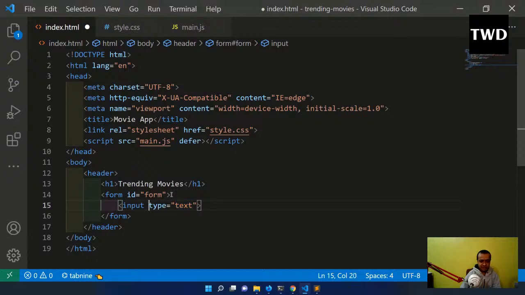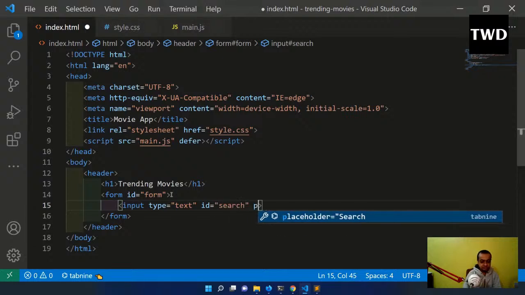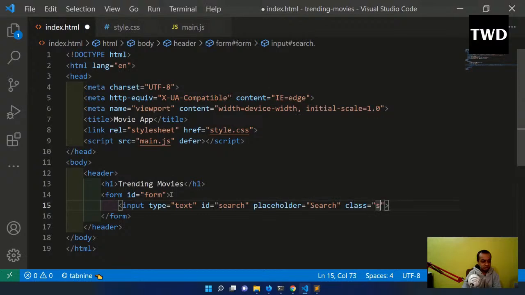This is the complete HTML, this is JavaScript, nothing else, and we're going to do the API call also, as I have told. And after this header, we are going to have a